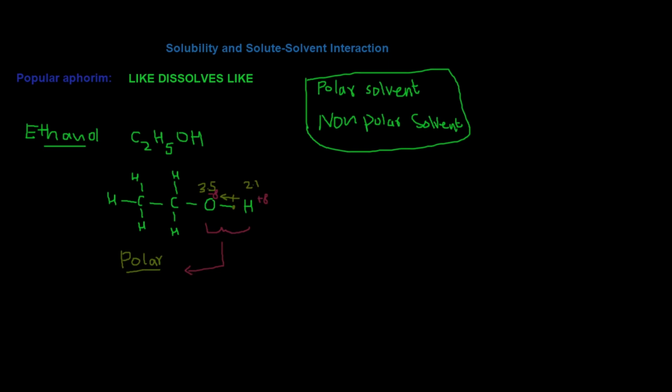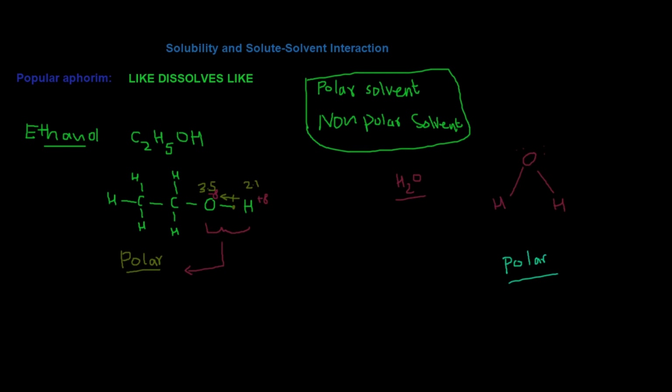Now if we take an example of water, H2O. If we write the open structure for water, it would be like this, in which the oxygen atom is bonded with what? Hydrogen atoms. We have two lone pairs of electrons. Now in case of water, we say that water is also a polar molecule. Now what is the reason for its polarity?